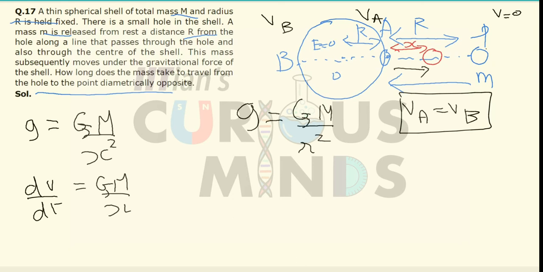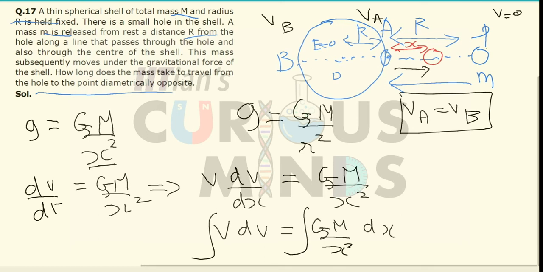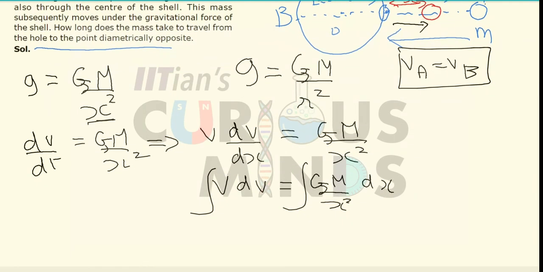But if you see, the variable over here is x, so the same formula can be written as v dv divided by dx is equal to GM divided by x square. So v dv will be equal to GM by x square into dx. Now if I integrate on both the sides,